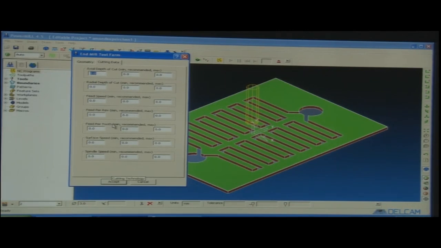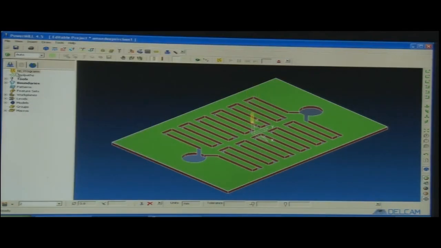Feed per tooth depends upon the number of teeth in the tool. It can be a double edge cutting tool, it can be a 3 edge cutting tool. In milling there are flutes actually, double flute, 4 flute, 6 flute, generally 2 flute and 4 flute tools are used.